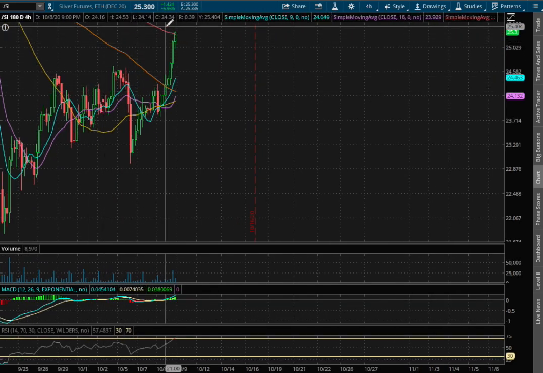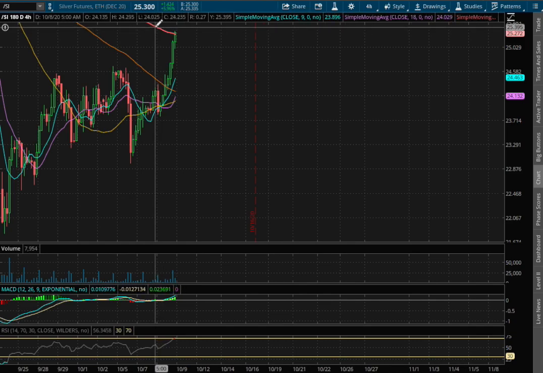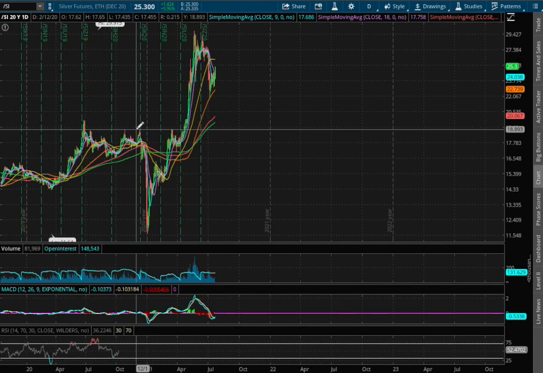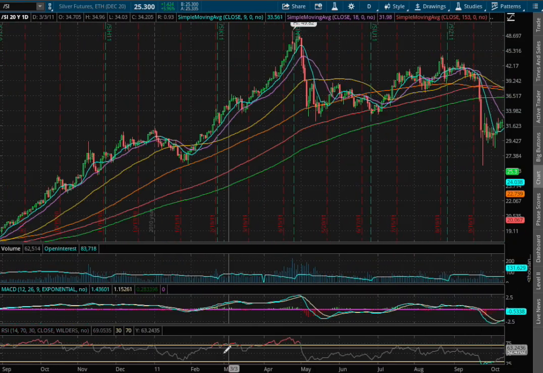We have yet to breach above the 150 moving average, that is the red line, so it's going to act as our temporary resistance at the price of $25.28. And as for the daily chart, what we have at this moment, we still remain on negative MACD, and